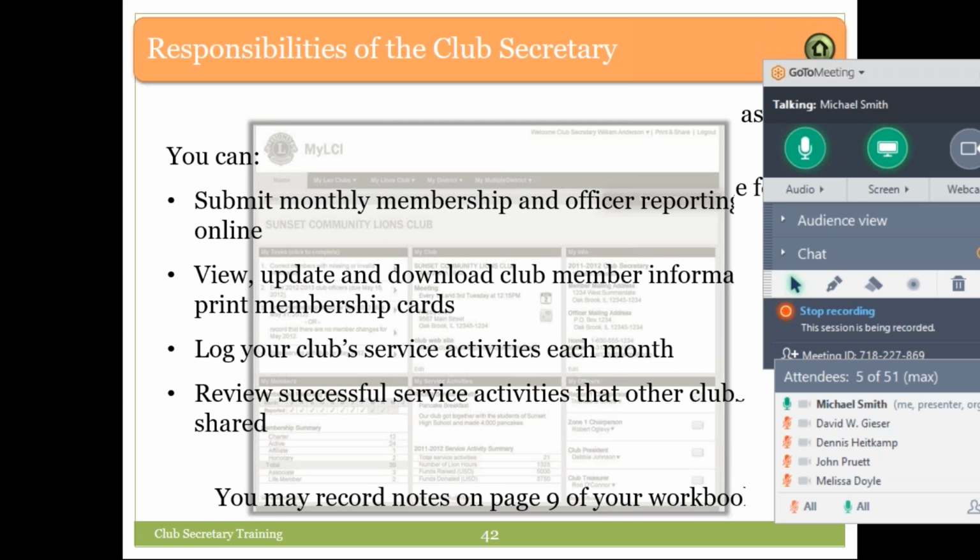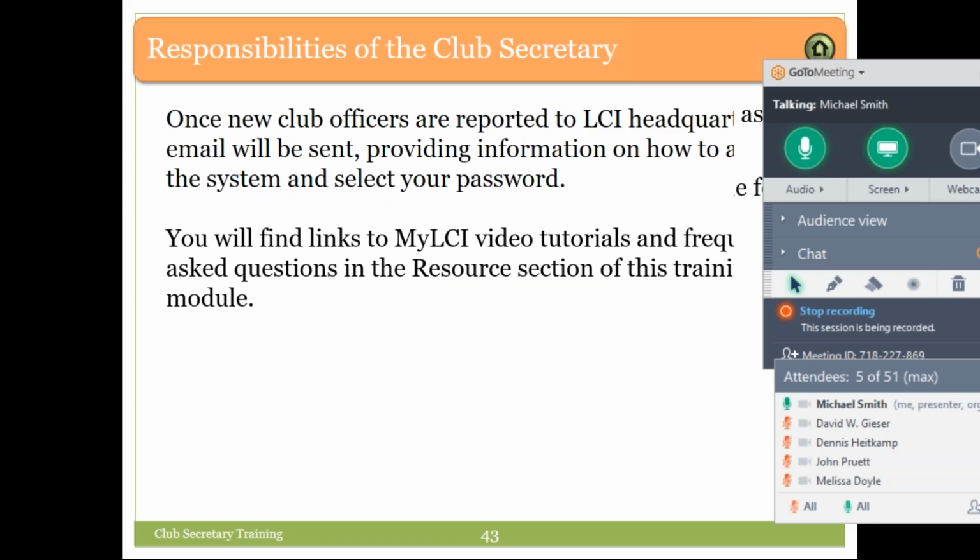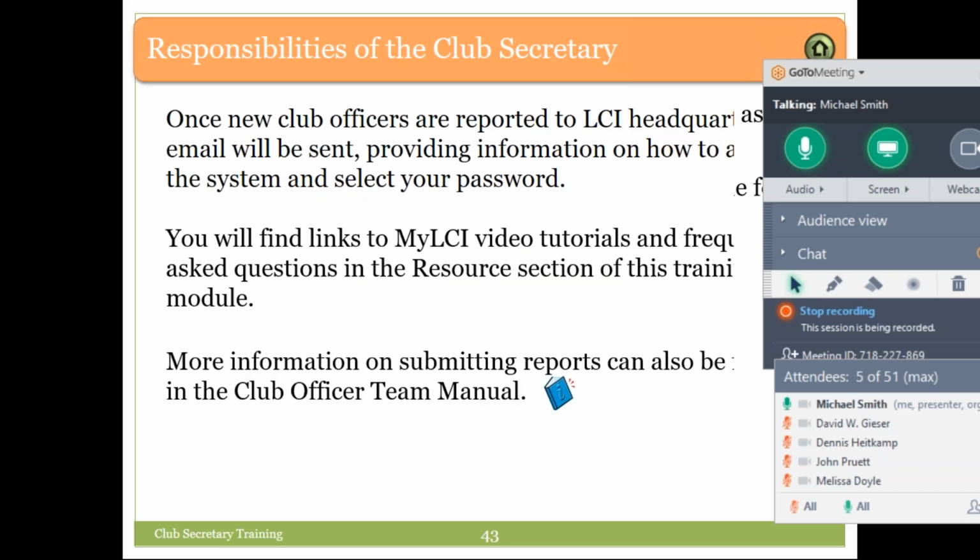Once you've been reported, and if you're new, you should have already been reported, you will be able to go hit that My LCI after this class this evening, and if it's the first time, you've never been on it before, follow the instructions as new user and set up your username and password.